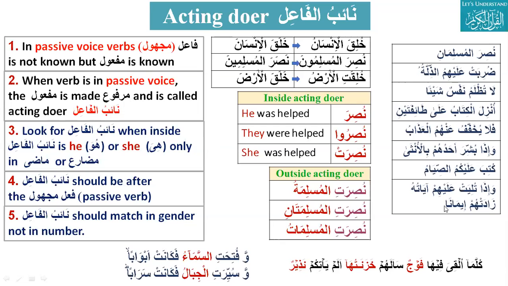Our question is: when there is a passive verb, kutiba being the passive verb, we have to look for the naibul fa'il, the acting doer. Can you please tell me the acting doer here? As-siyamu. This should be marfu. Can you please translate this? The siyam was written upon you all. The fasting is prescribed upon you all. Written, prescribed. Thank you, Brother Shifa. You're welcome.